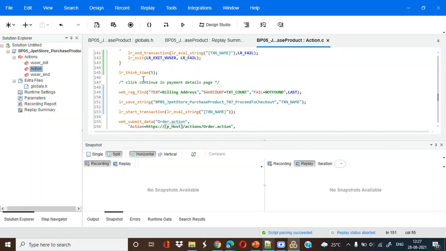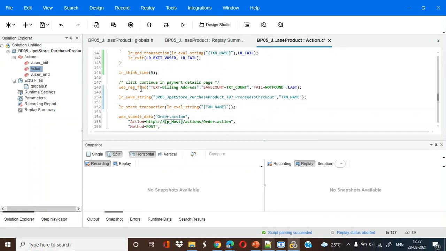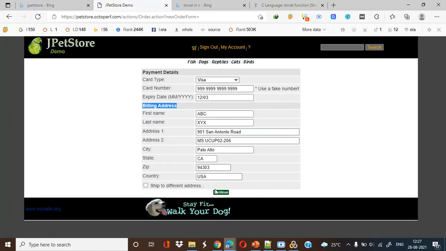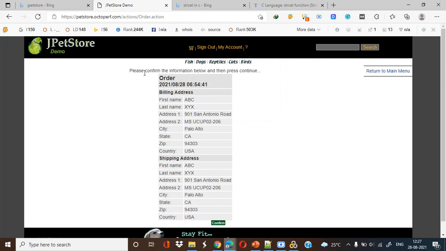What is the scenario we are focusing on? So click continue in payment detail page. Same you can mention here. Click continue in payment page. Okay, so we have updated the transaction. Now it's time to continue and give this particular